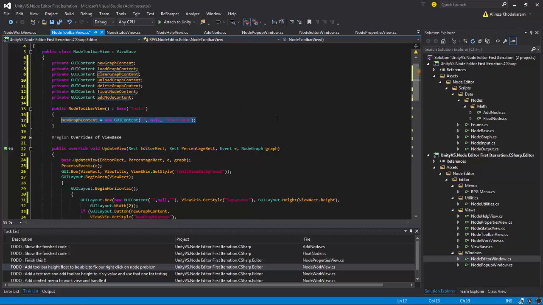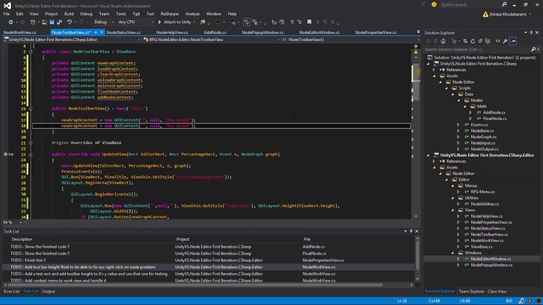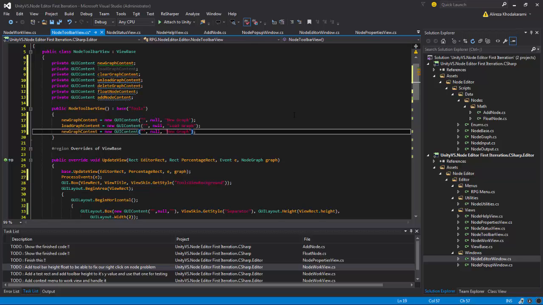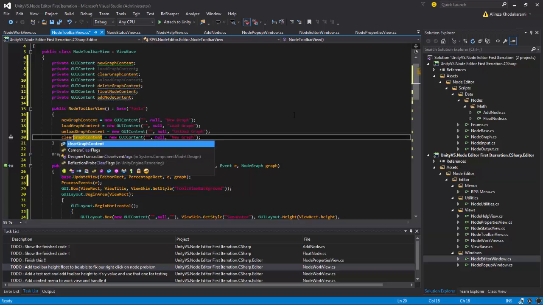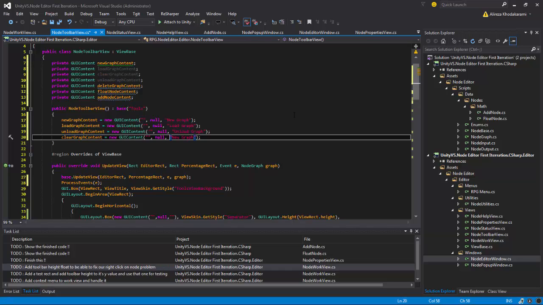So new graph, then load graph is equals to load graph, unload graph equals to unload graph, then clear graph equals to clear graph,